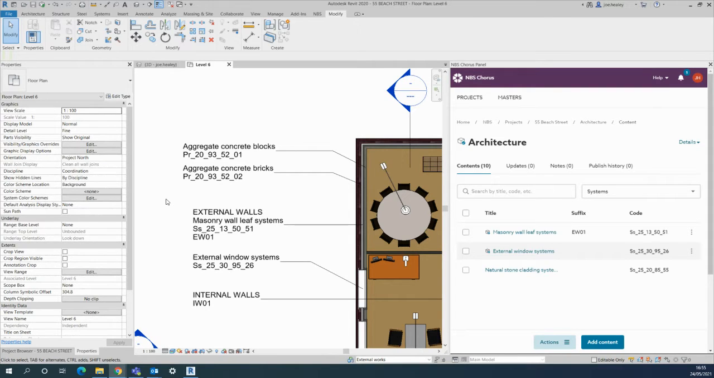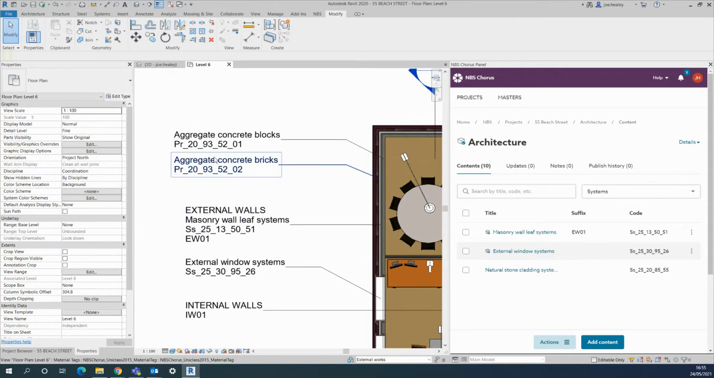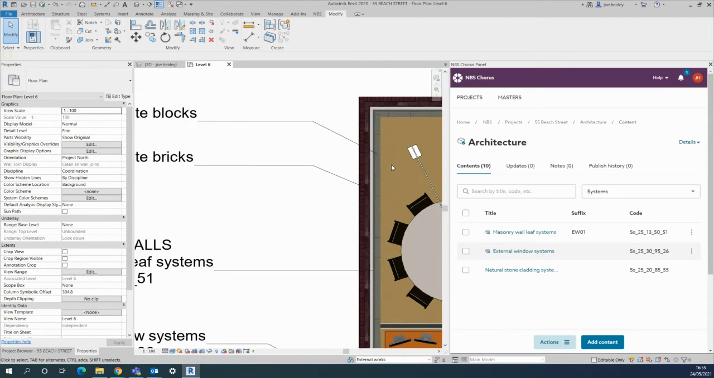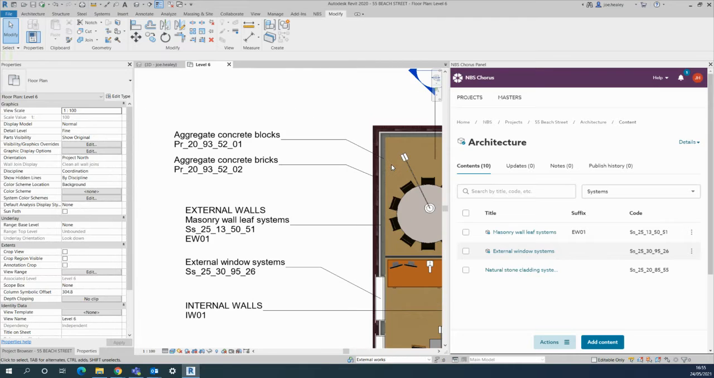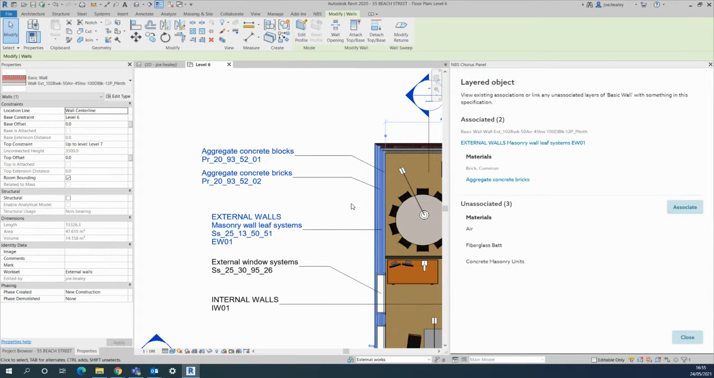One final thing to demonstrate in this series is being able to annotate and associate component parts of objects within your model. So for example, the external wall here, the masonry wall leaf system, has been annotated, but also component parts of it, the aggregate concrete bricks and the blocks there are also pointing to the actual parts of that wall type. So what I can do when clicking on the actual object within Revit, I get a little report